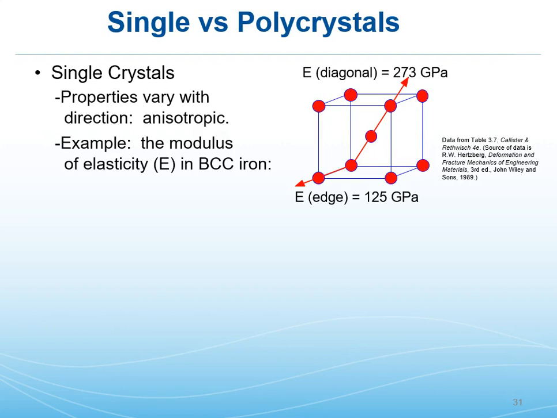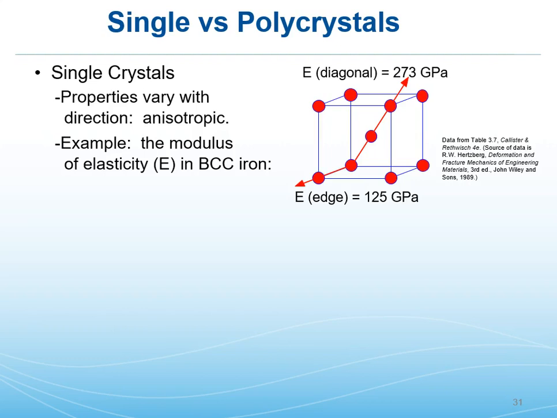So if you look in the 100 direction, if you measured the modulus of that material, and yes, it is iron, it's E edge, you would get 125 gigapascals, but if you went in the close packed direction straight through the middle, it's more than double. Same material, very symmetric crystal system, but because you looked at a property that was dependent on interatomic spacing,